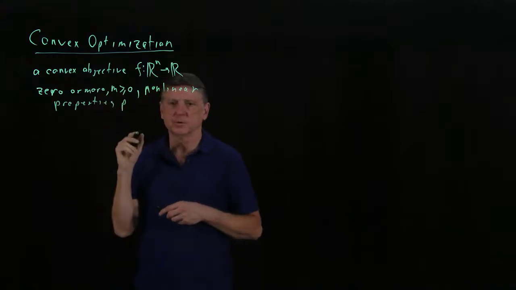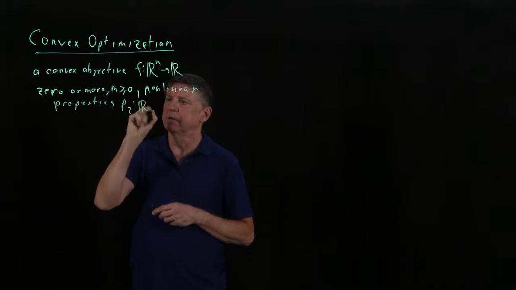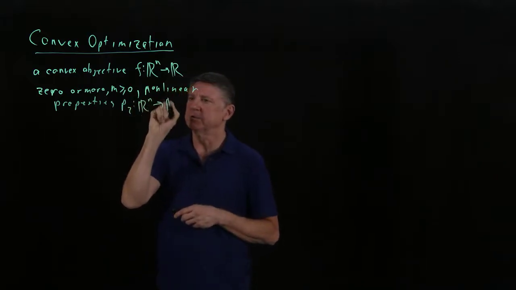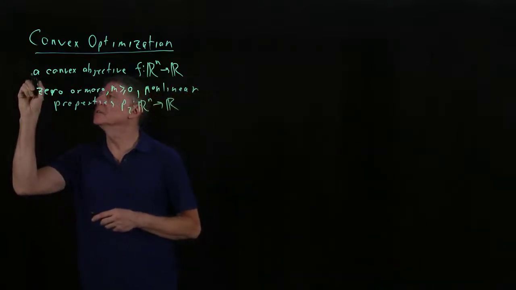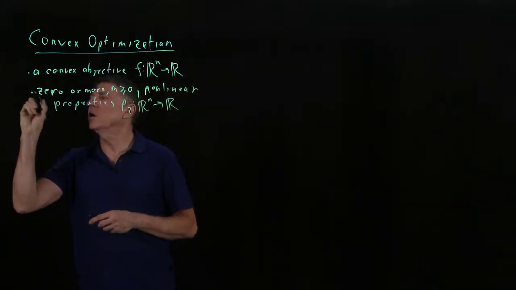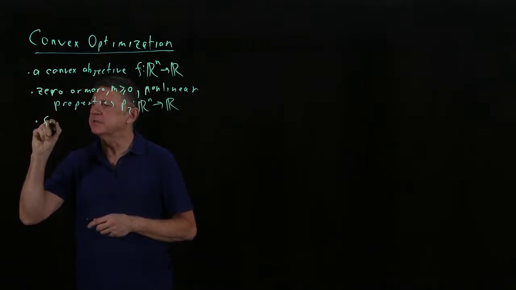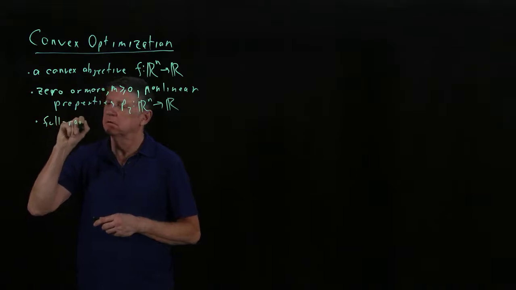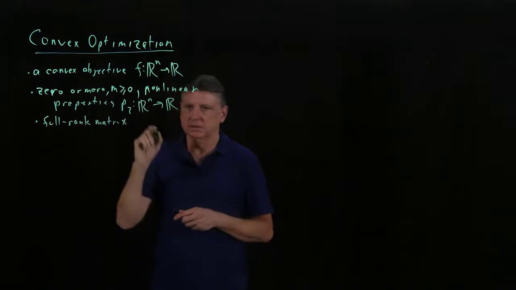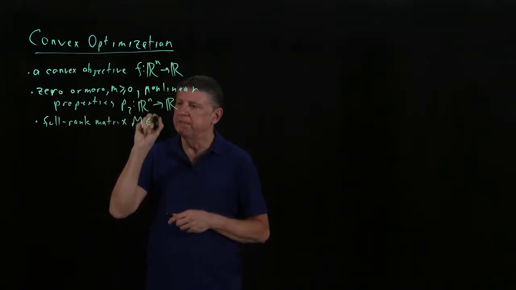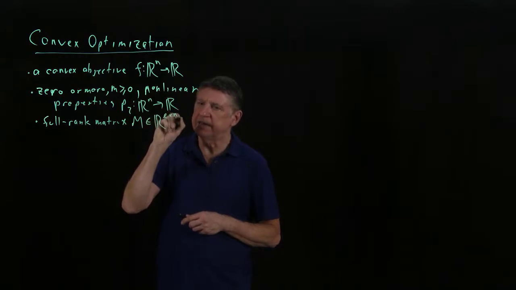So we'll refer to those as the P_i that have vector arguments and produce real numbers. And it has, so let's put a little dot there and a dot there and a dot there, that it has a full rank matrix M, and that matrix M has L rows and N columns,